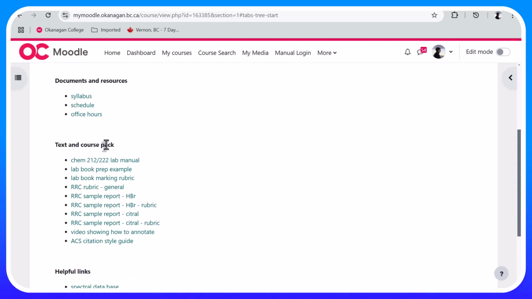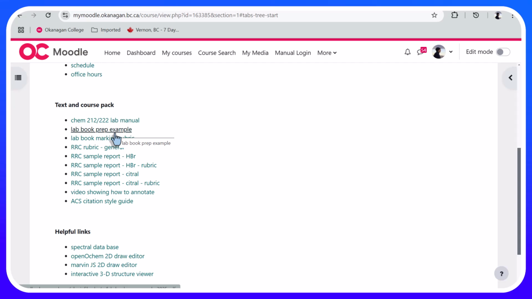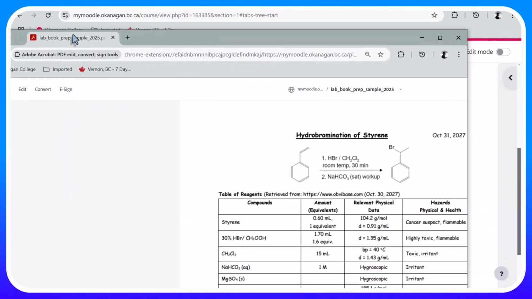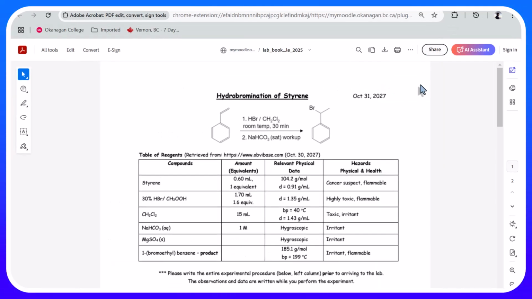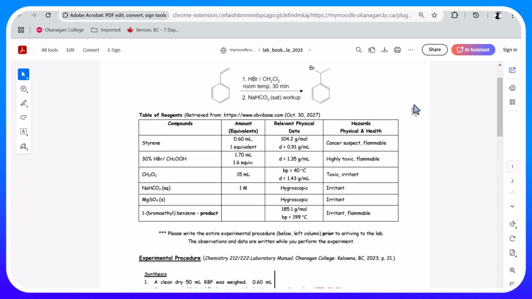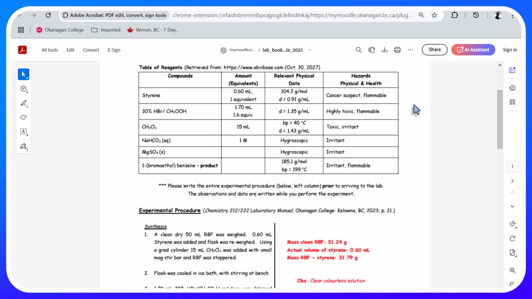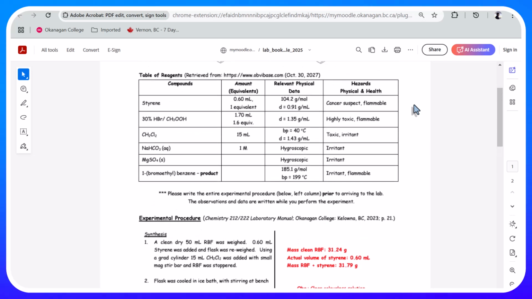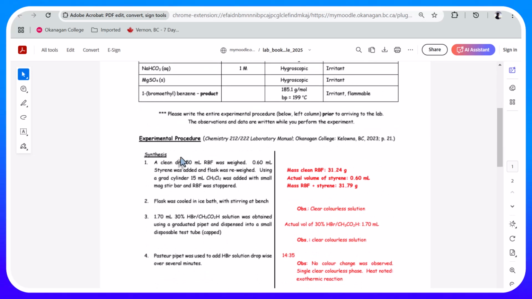Next, of course, the lab manual is posted. It's the same lab manual that we used in the first term. Lab book preparation. So I'm going to drag this down. This is an example of how to prepare your lab book. It's going to be a little bit different this term in the sense that I was trying to be consistent with the Kelowna campus. And what the Kelowna campus wanted to do was, under the experimental procedure, have you write